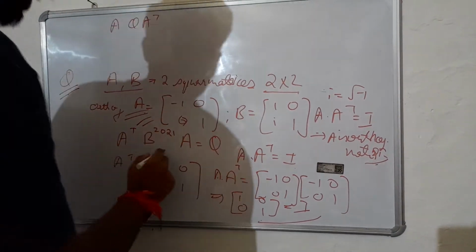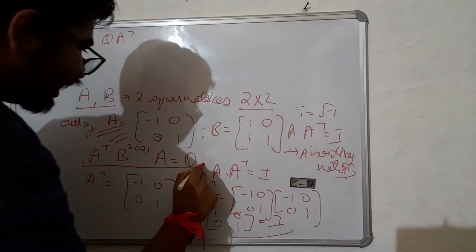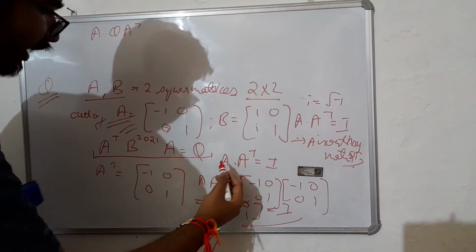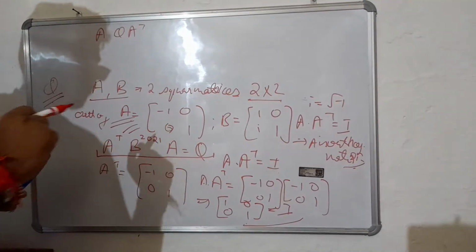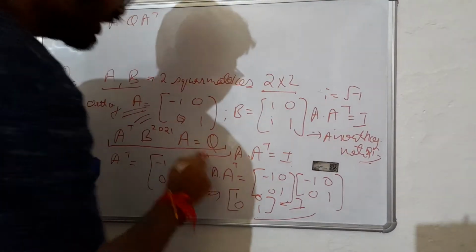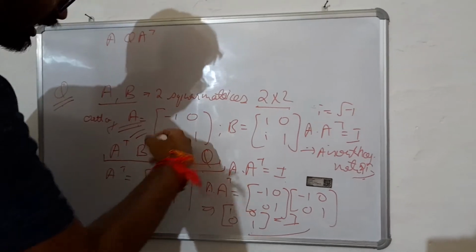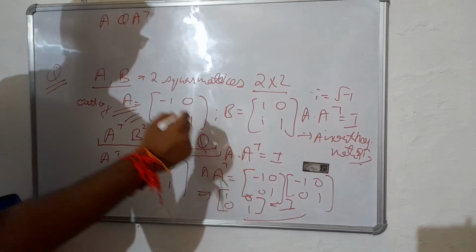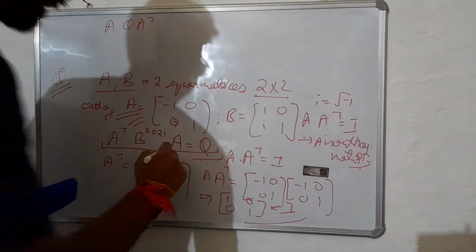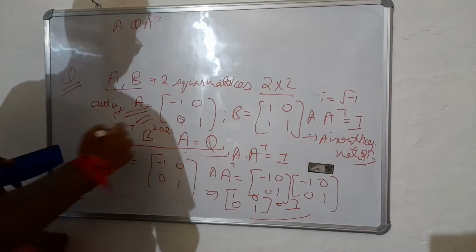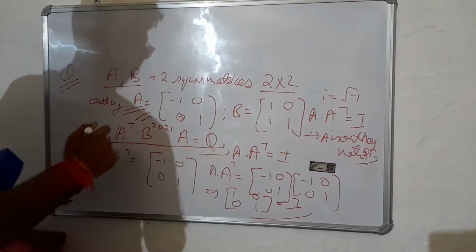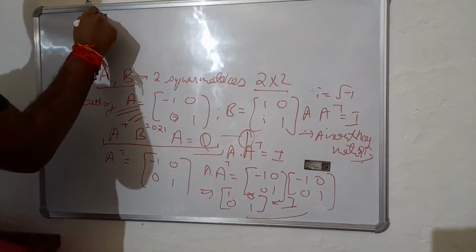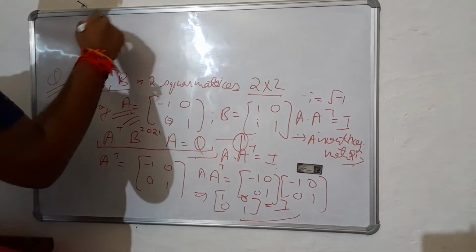Since we are given this equation, notice this equation very carefully. Now, how can we get AQA transpose in this equation? By doing some sort of multiplication in the given equation itself. So what can we do? We can multiply this whole equation on the right side by A transpose. Let us give this equation as number 1. I am multiplying this given equation with A transpose on its right hand side.